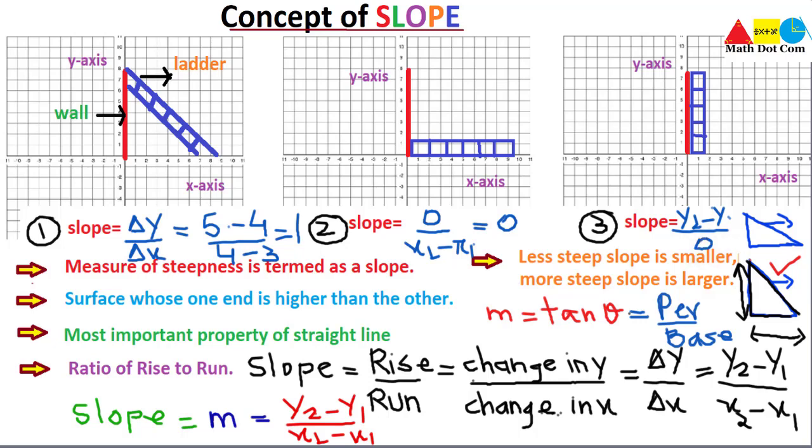So when we get 0 in the denominator, we have the condition that we call undefined. So the slope will be undefined. So in this case we have slope as undefined. So we have got the 3 cases. In the first diagram, we have some slope with a value. In the second case we have 0 slope, and in the third case we have a slope that is undefined, that is indefinite, that is unlimited, it means it is so steep that we cannot identify the slope here.